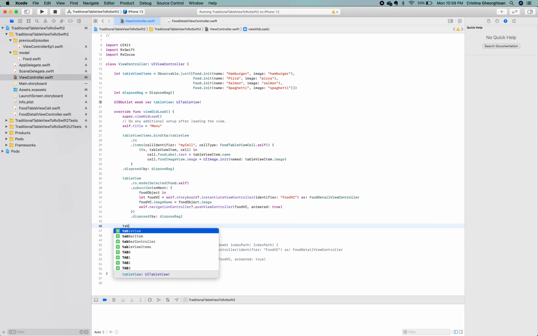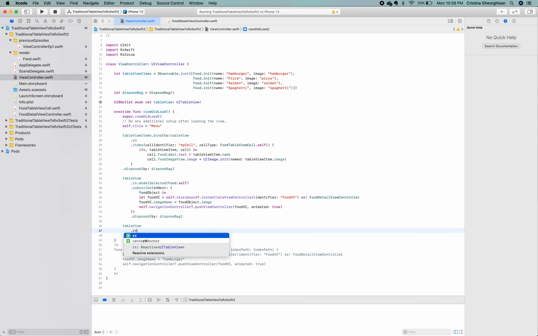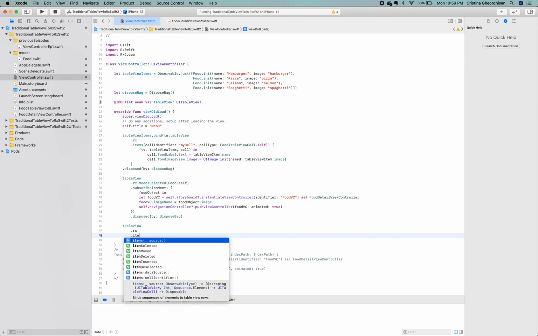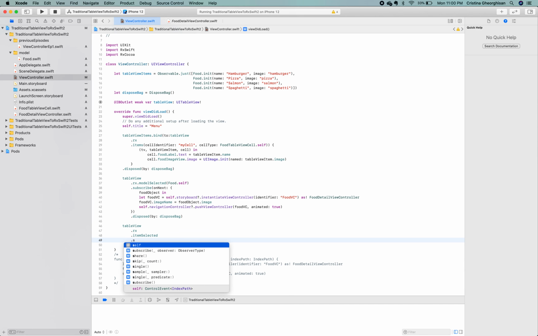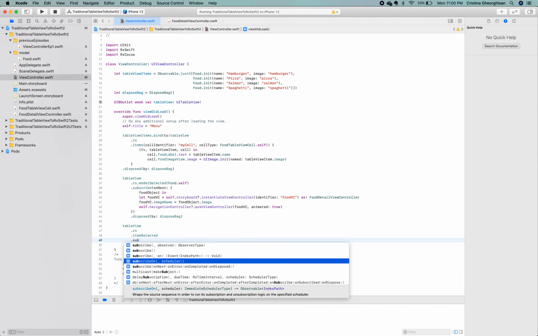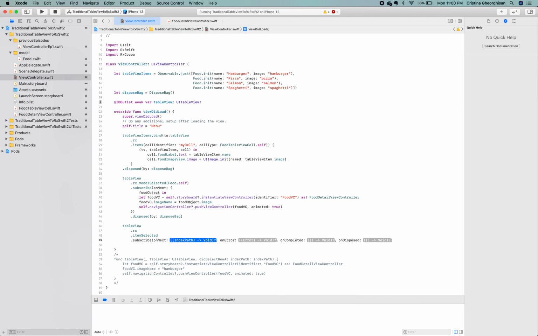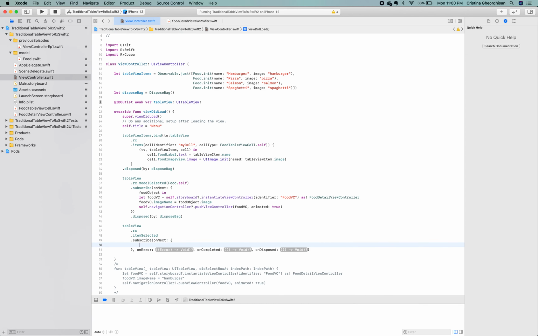So, as before, tableView.rx, this time itemSelected. We subscribe to it here, and we implement the onNext closure in order to specify what will happen when an element is received.